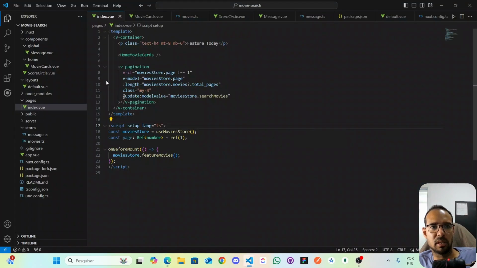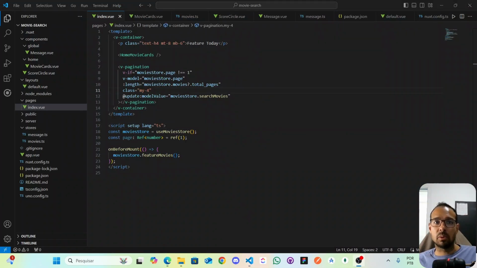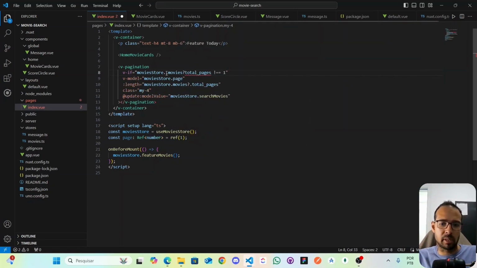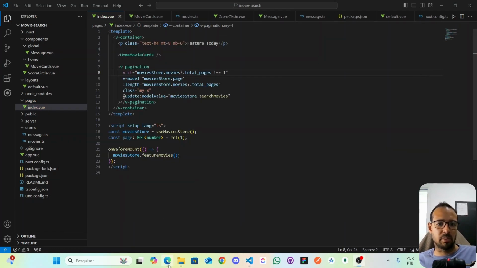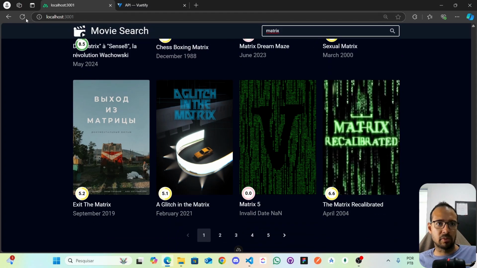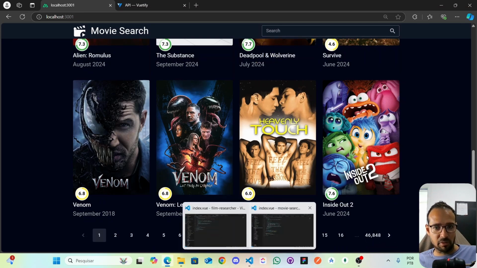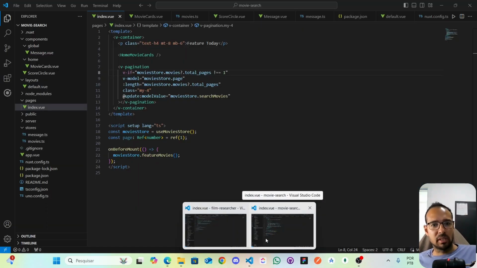Refresh the page. Movie store page. Okay, so it's not movie page, it's movie total pages. Should be different than 1. Then movieStore.movies question mark dot. Okay, so now let's try again. Okay, so it shows 5. If I refresh, we have 46,000. Okay, so it has 46,000, but